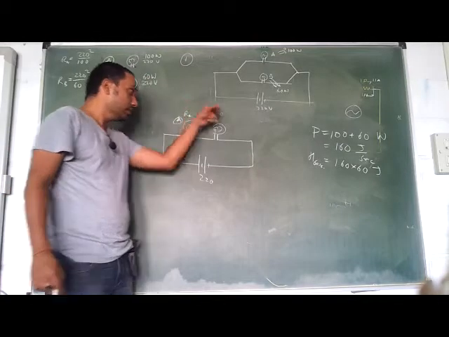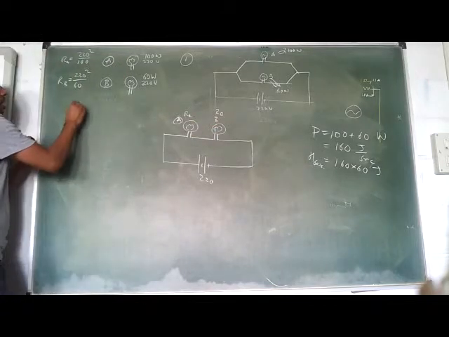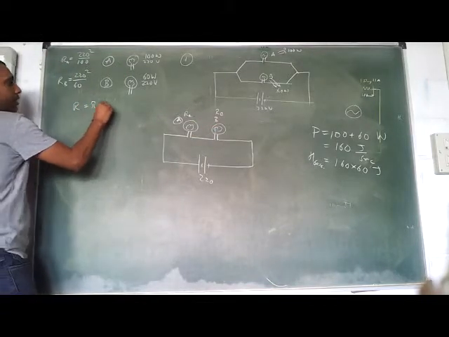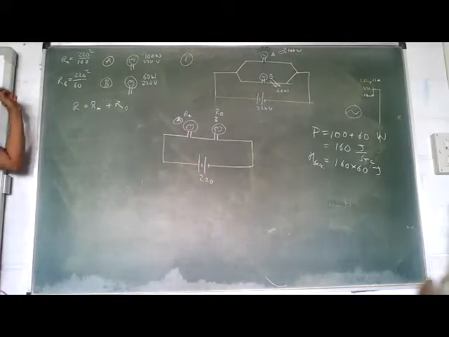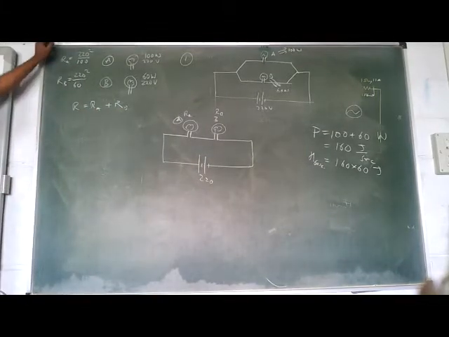Understand clearly. If you are not getting it, ask me, because next question I will give you a very similar question with smaller values. These values are too big, 220 and so on. But unfortunately yesterday I gave the same value, so I am giving you the same values. Get the point? Next question I will give you a smaller value. So the total resistance of this circuit is R equals RA plus RB. I am not writing the values because they are so big, it's a trouble writing them.